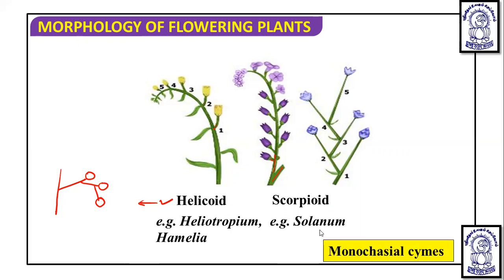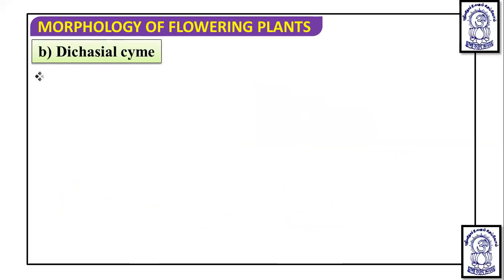And this is a monochasial cyme. Now, when two branches develop, it is known as a dichasial cyme. So in this type of inflorescence, the peduncle ends in a flower, and from the basal part of the peduncle, two lateral branches arise which also end in a flower, and this type of arrangement is known as